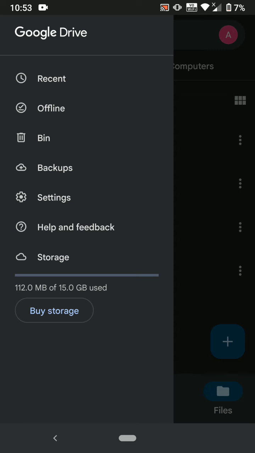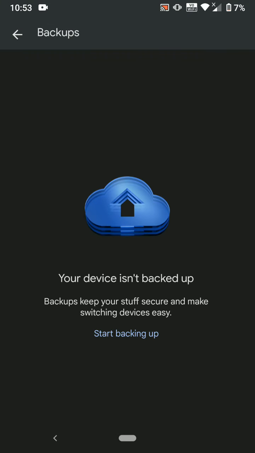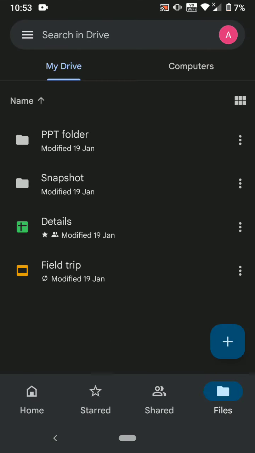like you can download the files onto your device, so whenever the internet is not available on your device you can use them. And the backups here, it is like whenever you do a WhatsApp backup to Google Drive, that is going to be stored here. And